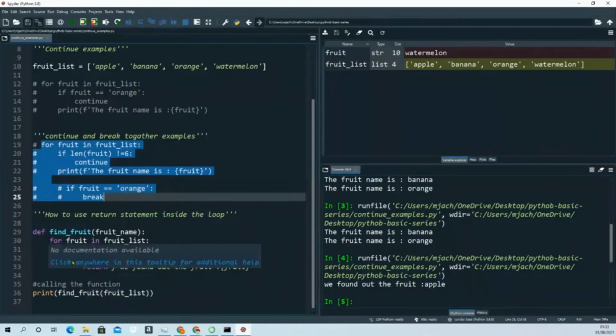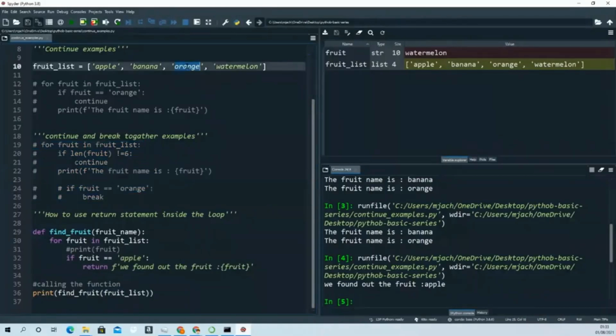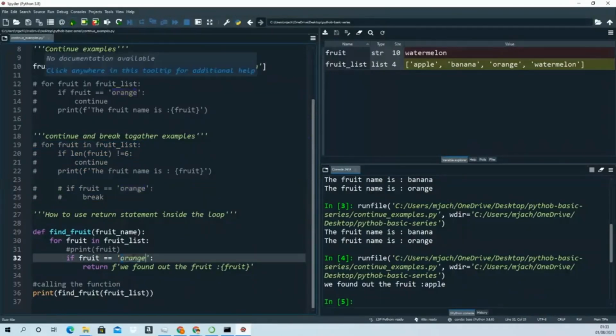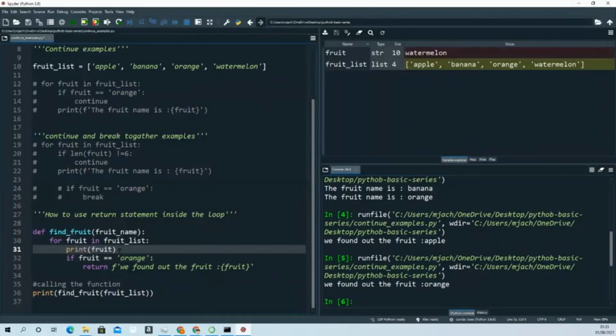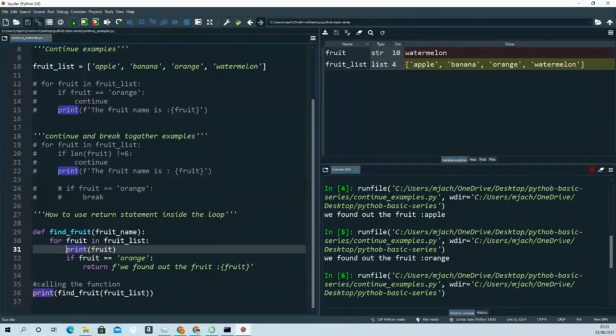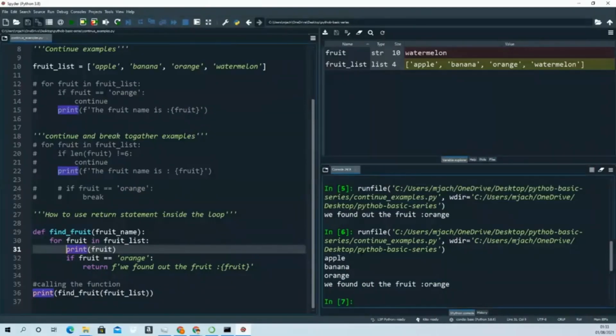Here's the for loop, and then if conditions and returning. So let's say if I put the orange, okay, you find the fruit orange. It's going through the for loop, and even if you put a print statement in here, it's going to print all the fruits, and the moment it finds the orange, it will stop. Let's say if I put the banana,